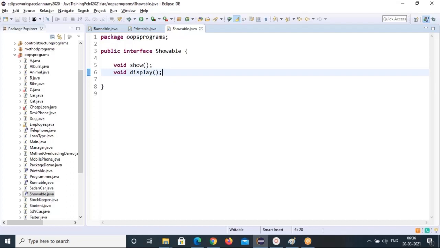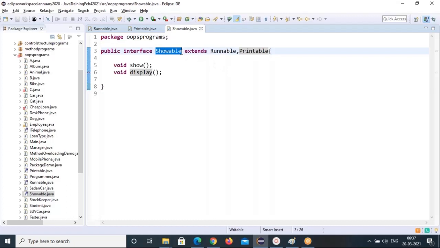Now where is the inheritance here? I'm going to extend the other two interfaces. Extends runnable, comma, another one printable. That's what I told you. One interface can extend multiple interfaces. Why is it possible? Because you are not creating an object, right? You are not implementing here. Now what will happen?